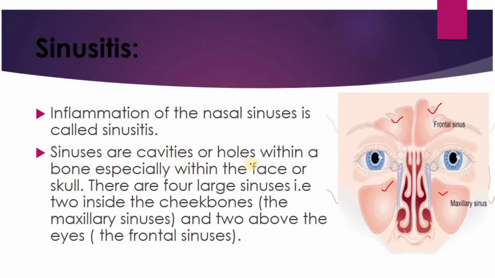Sinuses are cavities or holes within a bone, especially within the face or skull. There are 4 large sinuses, 2 inside the cheekbone, the maxillary sinuses, and 2 above the eyes, the frontal sinuses. ये sinuses basically holes होते हैं जो हमारे फेस में